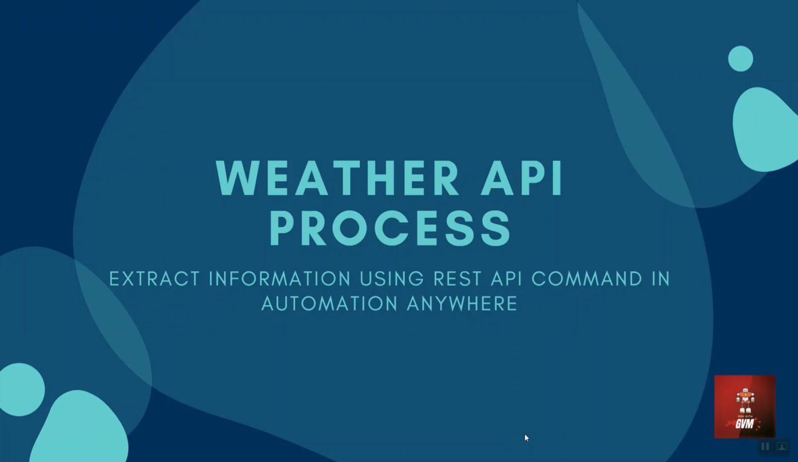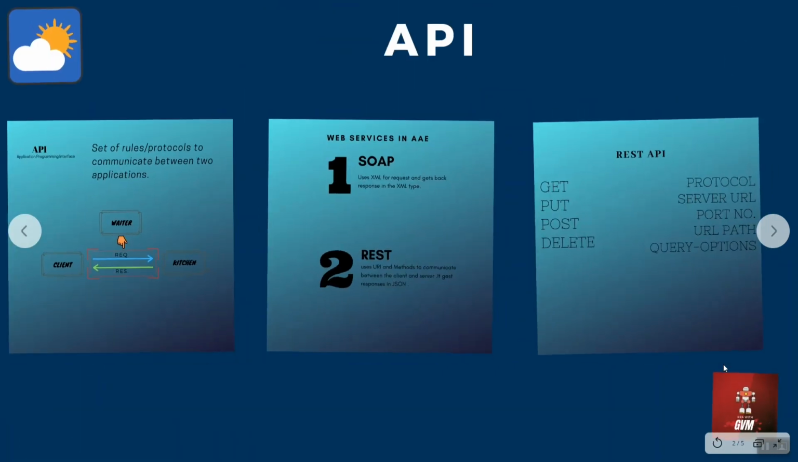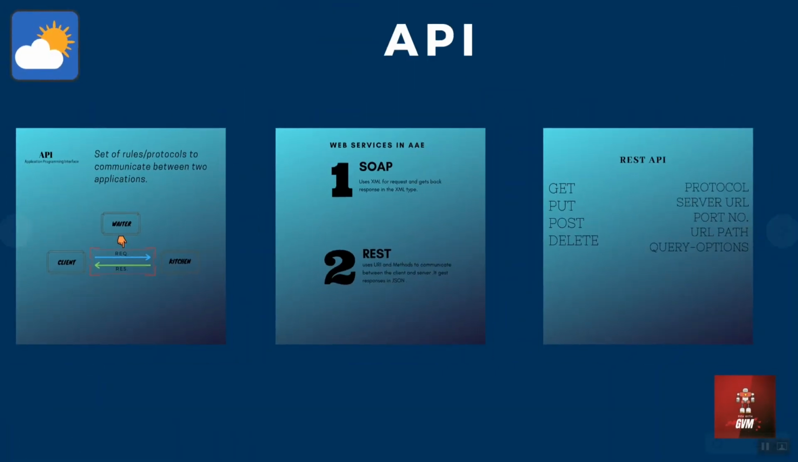Hey guys, it's CVM here, and in this video we are going to see the REST API command in Automation Anywhere. Before getting into the process, let's see what an API is. API is nothing but an application programming interface which follows a set of rules and protocols to communicate between